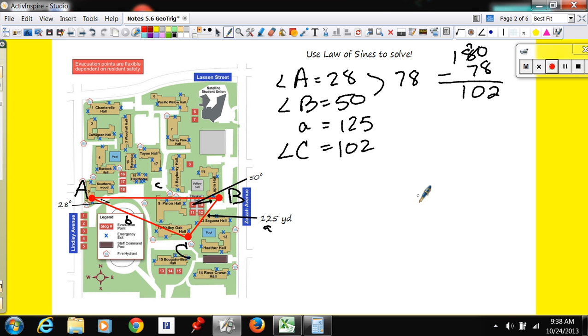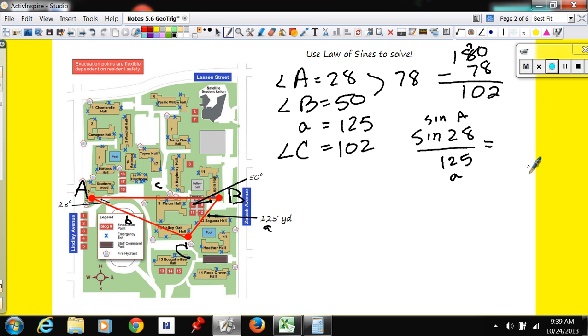Which two do I have of the same letter? A's. I have angle A and I have little a. So I need to put sine of 28 over 125 here. That's the sine of A over the little a. That's what I just made there. That's one ratio that I could use. That's going to equal